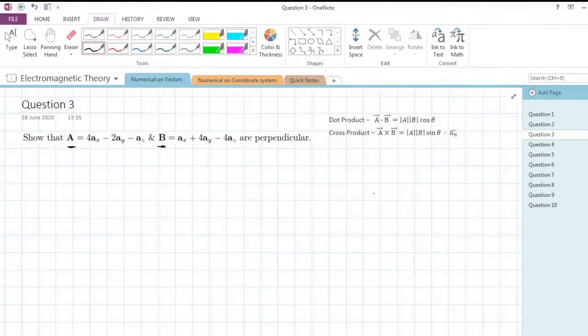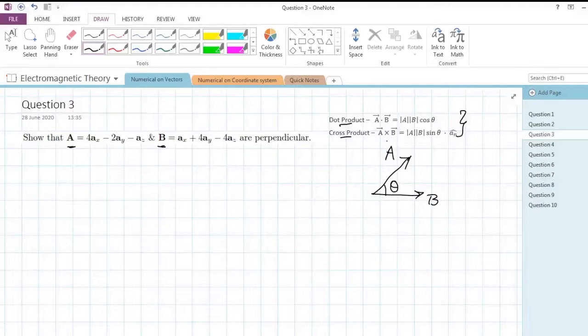This can only be done if you know that two vectors, if they have an angle between them, let's say there's a vector A and there's a vector B, and they have an angle between them, let's say theta. So these two, A and B, can be multiplied to each other, and the multiplication can be done in two ways. One is dot product and the other is cross product. In dot product, we multiply the magnitudes of A and B, and at last we multiply them with the cos of the angle between them.